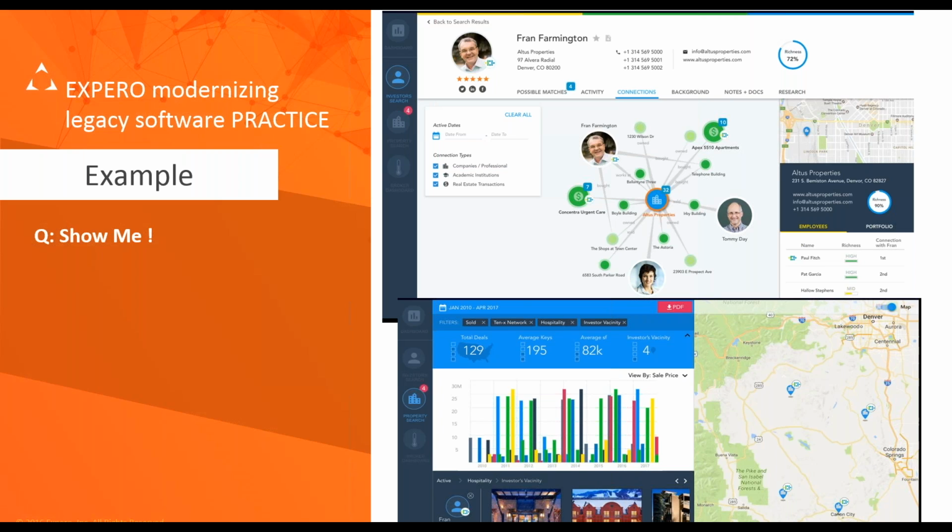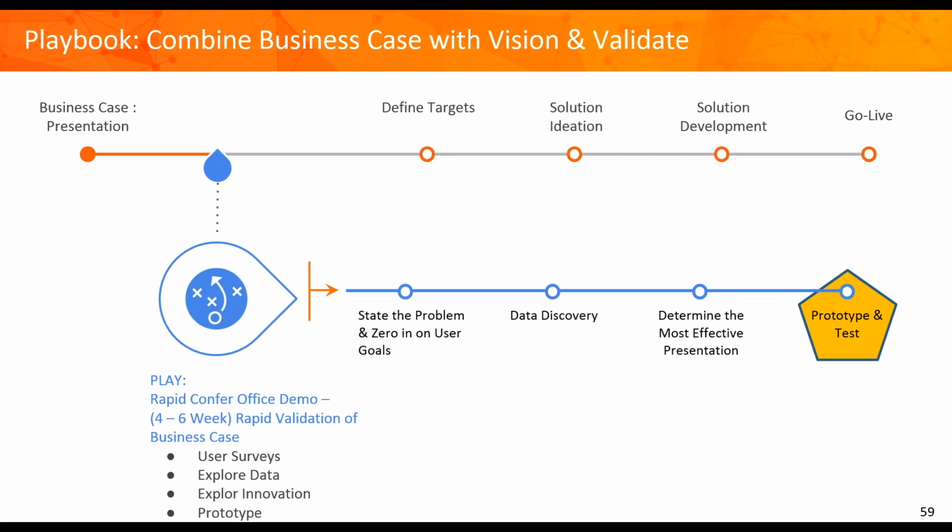In some cases, your constituents and your value map may drive you right to product development. In some cases, this interim step of a prototype is a fantastic way to bridge that gap. Typically these prototypes are 4 to 6 weeks. They're rapid validation of your business case. You may have put down some elements in your business case that you now need to validate with your end users or your internal users.